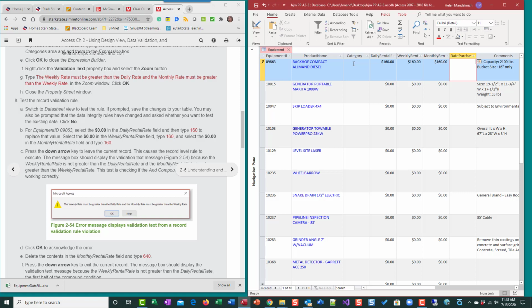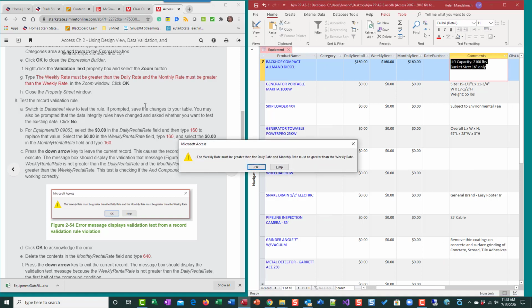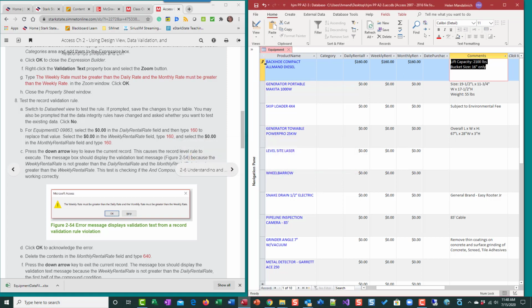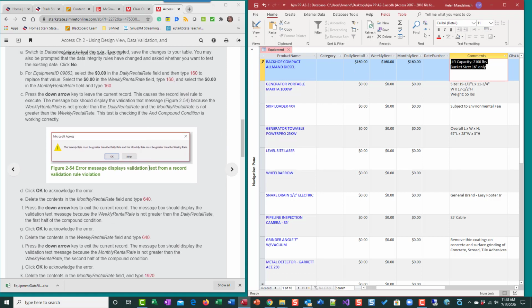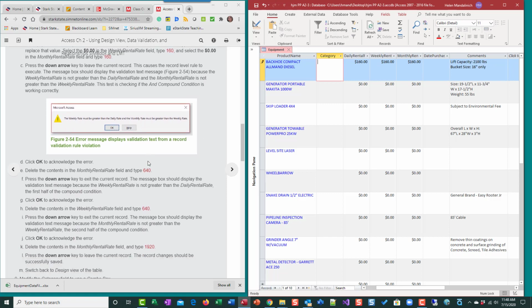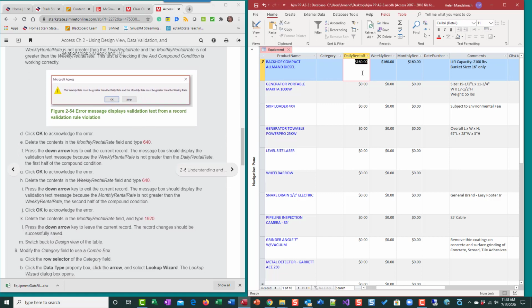We know 160 is not greater than 160, so when I go around, tab, tab, look, it tries to leave this record and save it, and it says, can't do that. Weekly rate has to be greater. Oh, okay. So the pencil's still there. Nothing has been written. So let's come back here. I'm going to start back here at category, and let's do tab, tab. I'm going to do 640